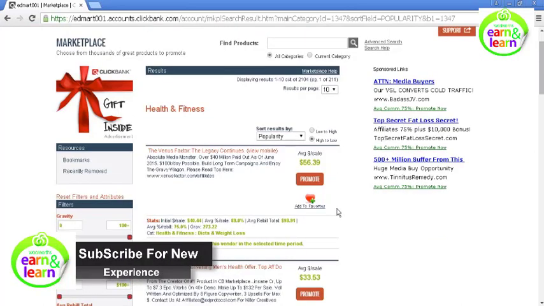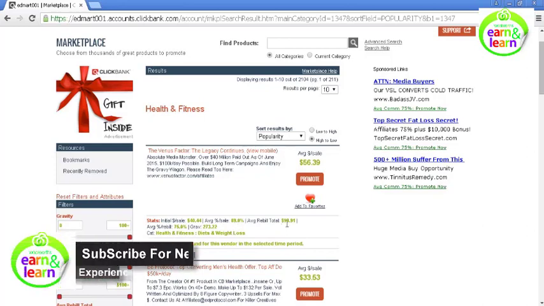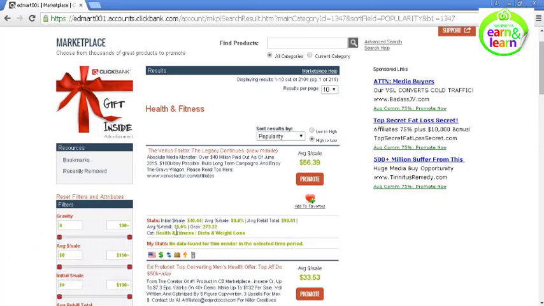Now let's just take a look at some of the stats here to help you decide what type of product would be best to promote. First of all, you've got the initial sale down here, and you can see for this particular product, the initial sale is $40.44, and the average percentage, that's how well it converts, is 89%, so that's pretty good. And the average rebill total is $98.91, and the average percentage rebill is 75%, and the gravity is